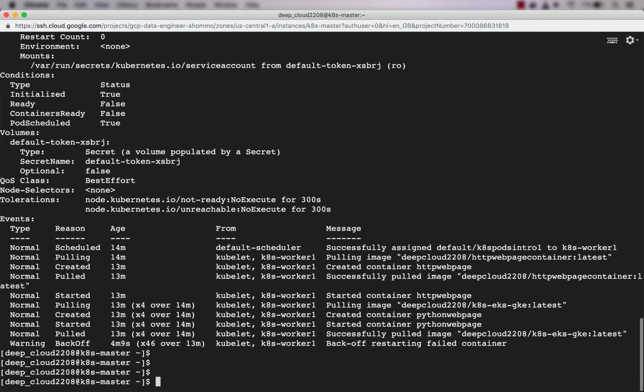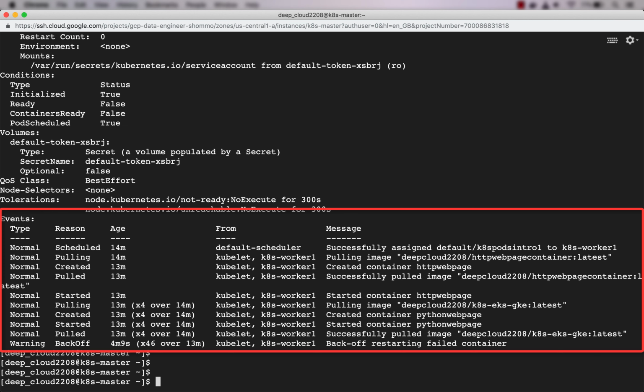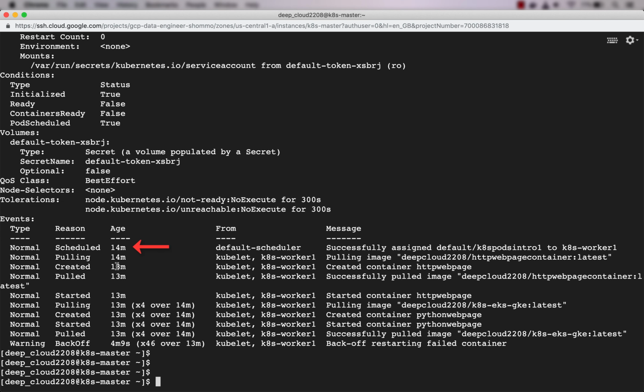Then there's one more interesting piece of information, which is events. In the events, it will tell what the pod did from the beginning. Initially, this is the oldest one. It successfully assigned this pod, namespace and the name of the pod, to worker node 1. So this pod has been launched in the first worker node. We can see this in a different way also, but in the events also it is mentioning that it has successfully